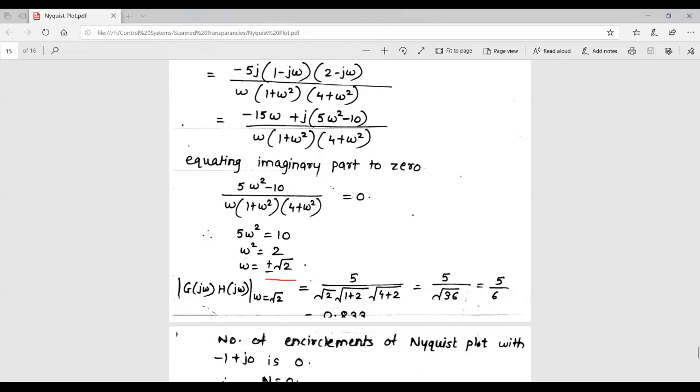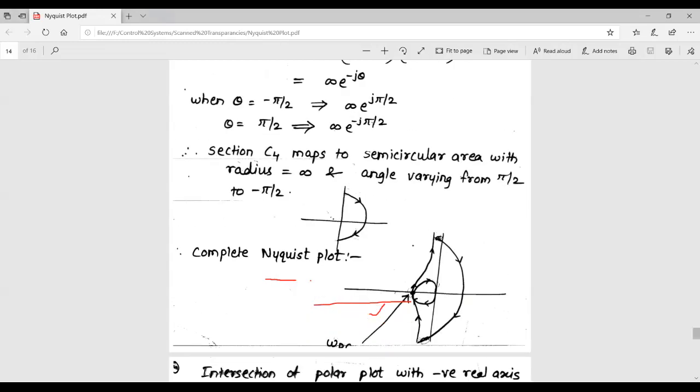As we can see on the last line on this slide, we are substituting the value of omega, and then we are directly calculating the value. Now that value comes out to be 0.833. Okay, so now if you look at the equation, let me put the diagram again. Now if we put the values here, the omega PC is under root 2, and the point on the real axis at which this omega PC occurs is 0.833.